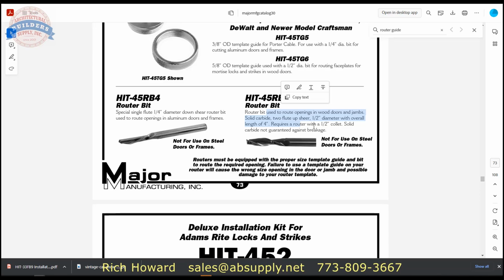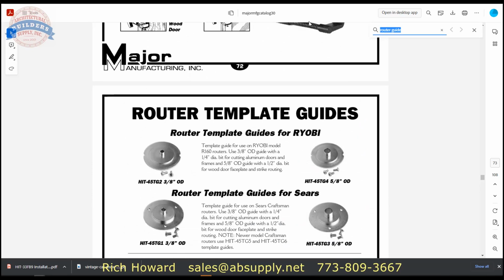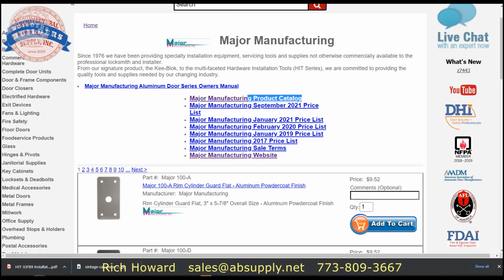Solid carbide, by the way. So short of anything exotic, it's the best router bit you'll get. That would be a good router bit to use. And then, of course, if you're going to be doing flush bolts, you'll just reference back to the product catalog that was here